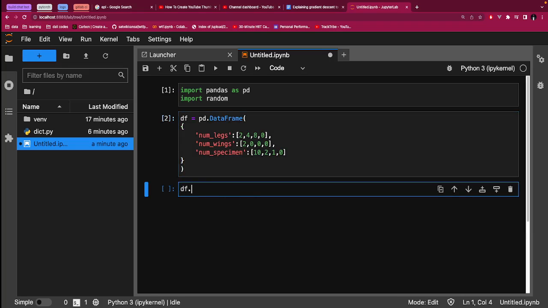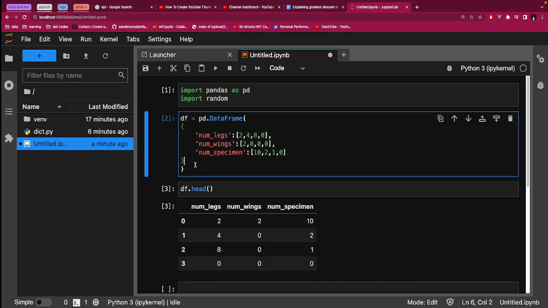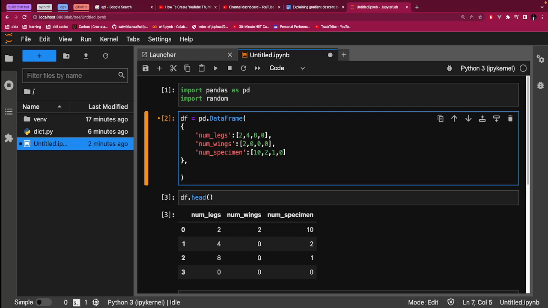We can do data frame.head, and this is the data frame. This data frame does not have the name, so let's make the index here being the names of the specimen. So we're going to have index, and our specimen are going to be equal to, this is going to be a list,